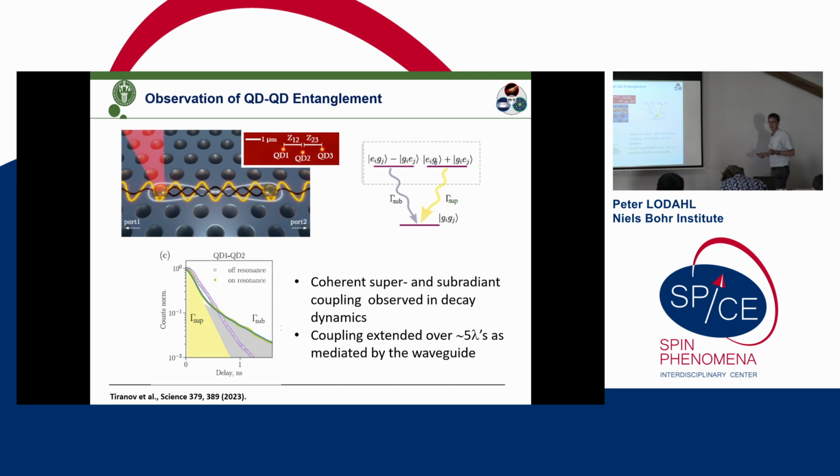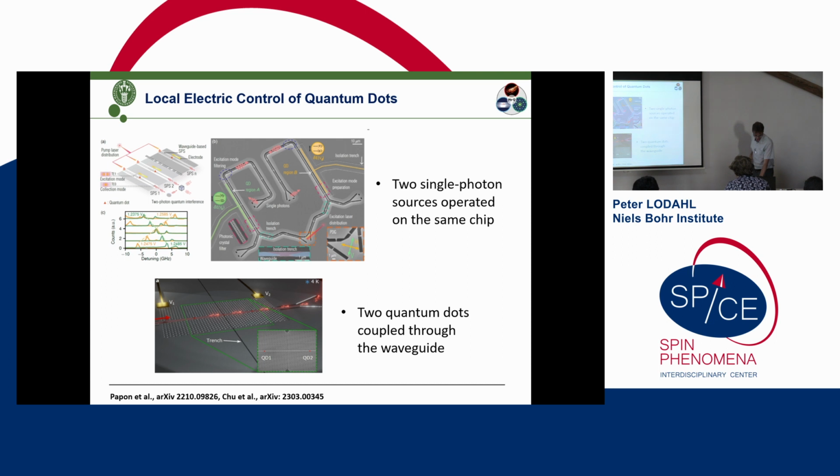Yeah, so that's a hard one for us, to scale up to multiple emitters, because quantum dots are different. You need local control to tune them into resonance. There's also a spatial dependence on where the quantum dot is sitting, the spatially dependent decay rate, and so on. So this is a recent experiment where we showed the coupling of two quantum dots, super-radiant, sub-radiant effects in these photonic crystal waveguides, exciting one of the quantum dots and seeing both the super and sub-radiant feature in the decay dynamics. And I see I'm running out of time, so maybe I'll just